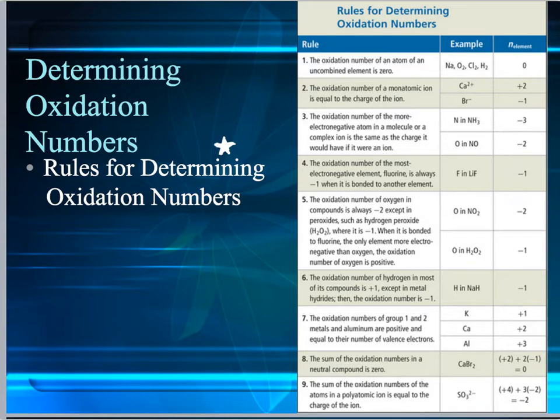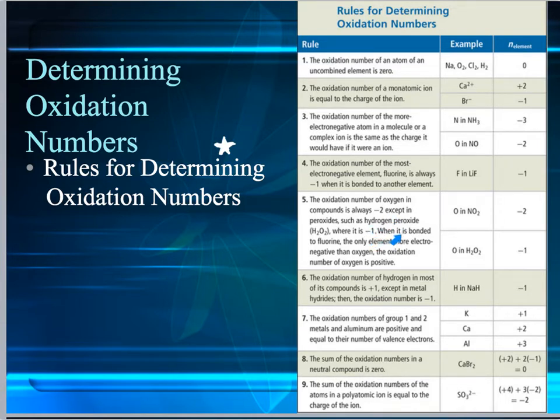Don't worry about this too much because we haven't talked about electronegativity, but there'll be a way to figure this out without having to do anything else. The oxidation number of the most electronegative element, fluorine, is always -1. So fluorine is always -1 in compounds. Fluorides are -1. It has no other option. The oxidation number of oxygen in compounds is always -2, except in peroxide, such as hydrogen